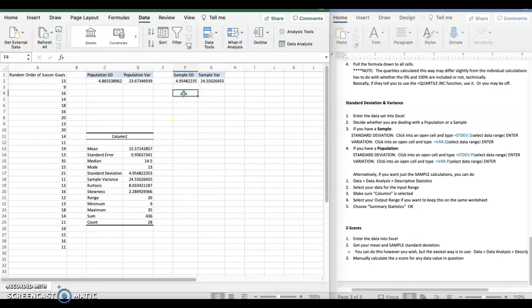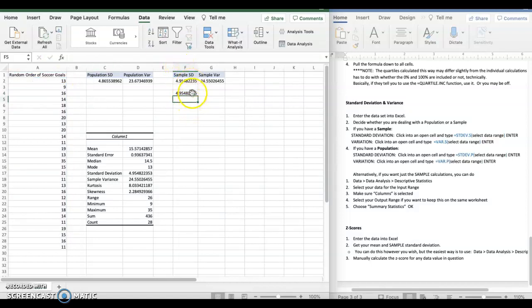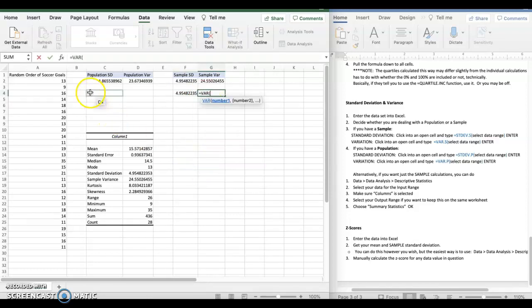You may also have a bit of a question because there is just enter stdev. So there is just a standard deviation formula. So you may be wondering, well, which one is that? Which one will that give me? So let's see if we highlight all of these, put that in there, let's check. Notice what that gives you when you just do the regular standard deviation. It gives you the sample. Okay, so it's sort of the default. Same thing with variance. If you just hit variance, it will also give you the sample variance.